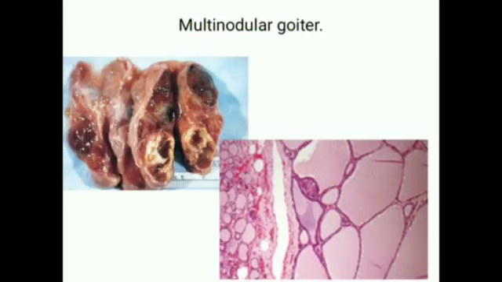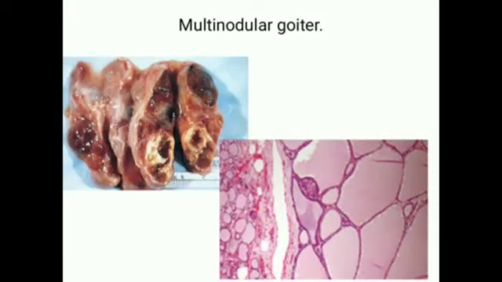Two pictures are there. The first one is the gross appearance of thyroid, which is multinodular. You can see one is brownish in color, then another is yellowish in color. Okay, and the hole-like areas are the nodules. So 1, 2, 3, 4, there are 4 nodules present in a particular thyroid gland. Okay, that is a cut section. They have cut it, and after that they have looked at the thyroid.